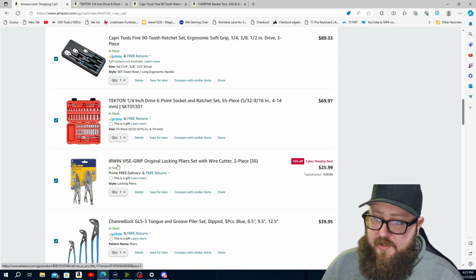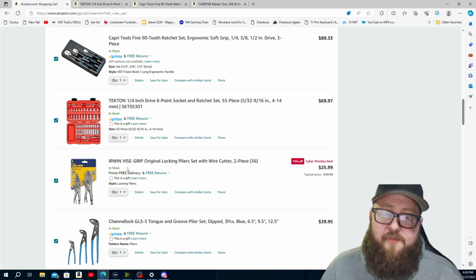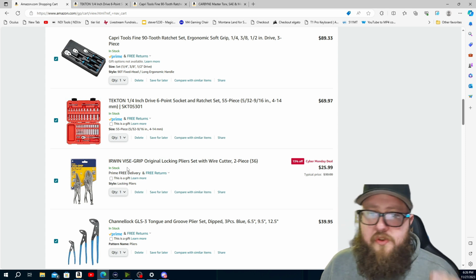You definitely don't need to be doing that, because you don't want to get into a lot of debt right off the rip. You want to make some money, and then you don't have to buy all this stuff all at once either. You slowly buy it